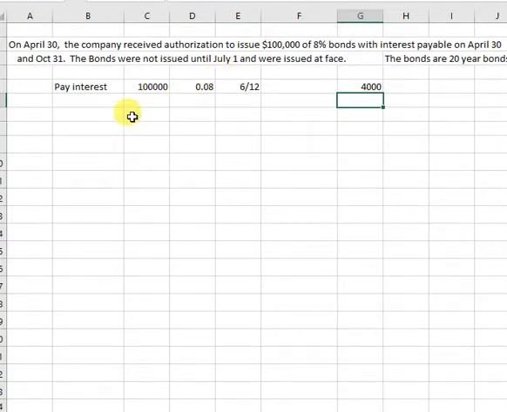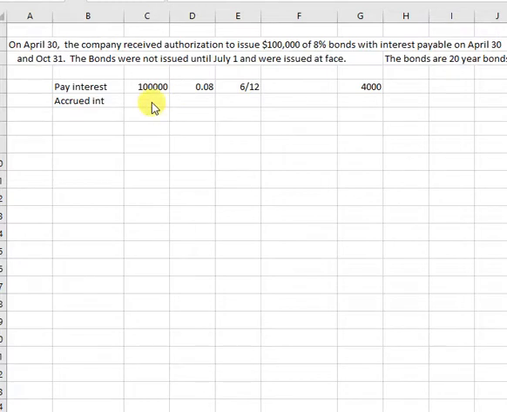However, notice that they pay on April 30th, and so we issued the bonds. We are writing a check for $4,000 of interest. Okay, but what happens if the bonds are not issued until July 1st? So honestly, April 30th is the same as May, so you've got May and June. So you've got 2 months that interest wasn't paid for. So if I really compute that one, I'm